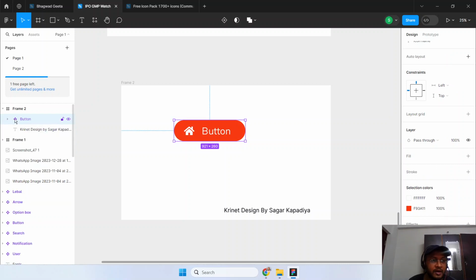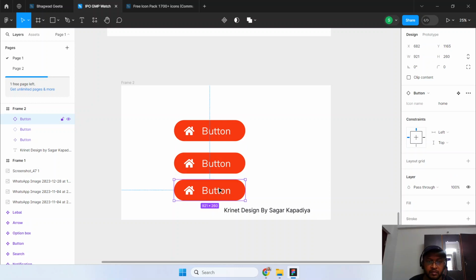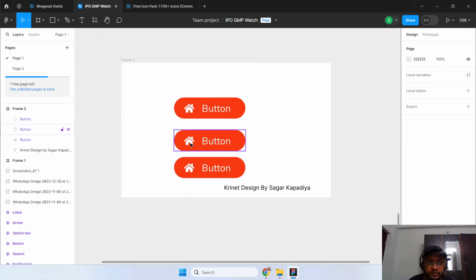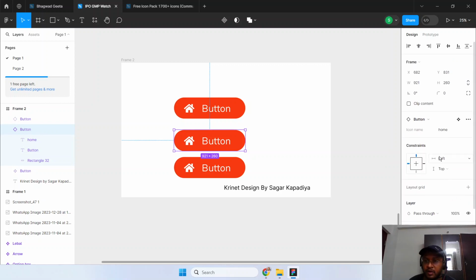Okay, next thing, you just need to create the instance of this component by using the Alt key. Now if you want to change this icon, click on this component, and you can find the icon name here. Here we wrote home. Instead, if we want a search icon, we just need to write search. If you want a bell notification, we can do that. If you want a mail icon,